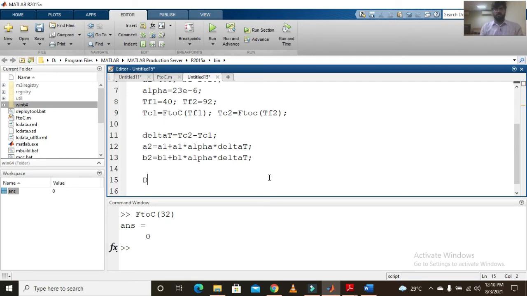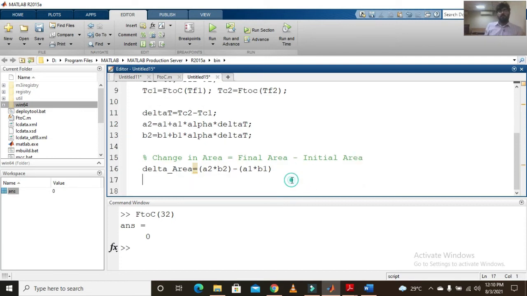So delta area should be the difference of the final area and initial area. The final area is A2 multiplied by B2 and the initial area is A1 multiplied by B1. So change in area is final area minus initial area. So this is how you can calculate the change in area.